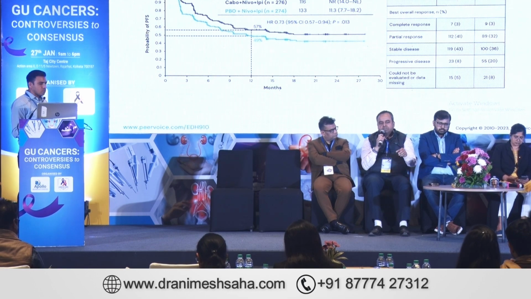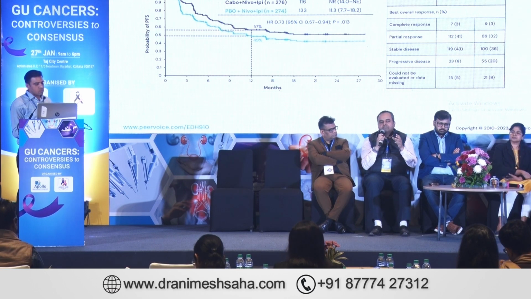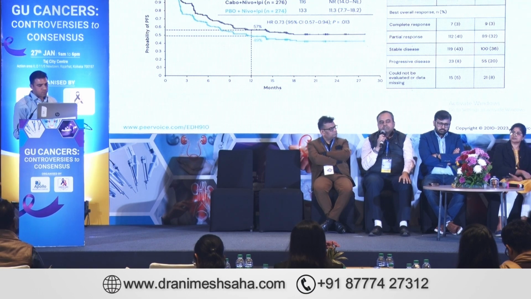On top of that, you have a tyrosine kinase inhibitor. So when certain toxicities overlap, it is very difficult to find out the offending agent. So a triplet will always be a challenge. And if you give a triplet at the beginning, how do you sequence? You don't have any drugs left. You do not know what to do. So we'll wait for the further data and the updates of the COSMIC study.